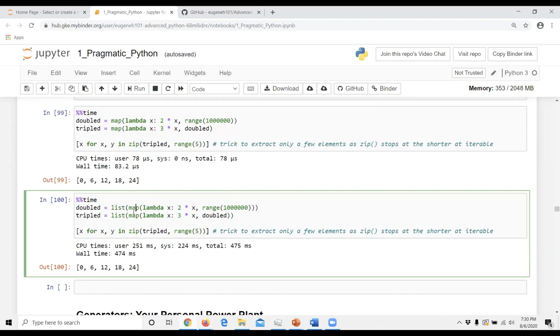And this is using a list, so it's creating a true list. That'll take a lot of RAM, and it's taking 473 milliseconds. So literally at least three orders of magnitude slower than the generator expression. The reason is that I'm using zip, but I'm zipping this long list with this very short list. In this case, I don't need all of this list. I don't need a million objects. I only need the first 5, because that's what zip does.